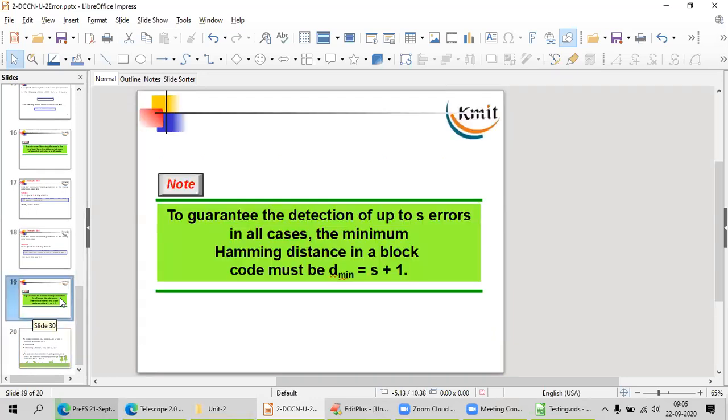Here in computer networks and data communication, there will be either a single bit error or a burst error. It is the same thing for me. I have to either guess that particular thing, otherwise I have to ask the sender to retransmit my data to me.